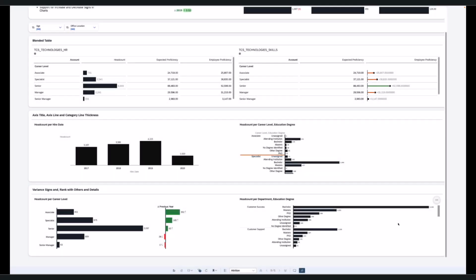Last but not the least, let's look at the demo for rank with others. So in rank with others, here I have a chart which shows headcount per department by education degree. Now let's say I want to see the top 3 departments. What I can do is